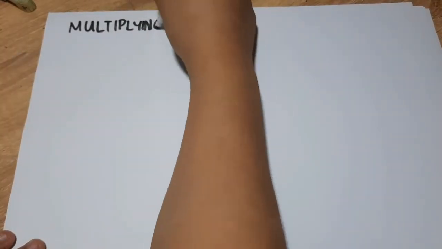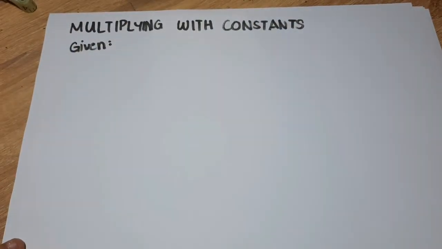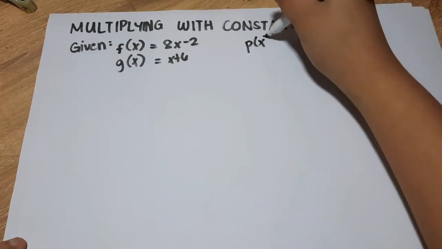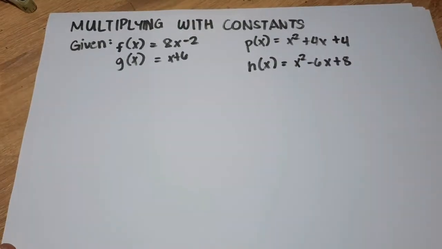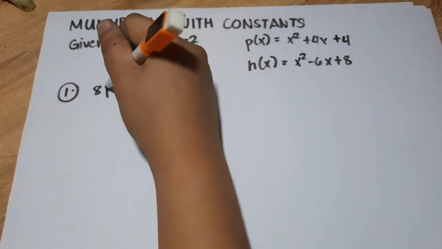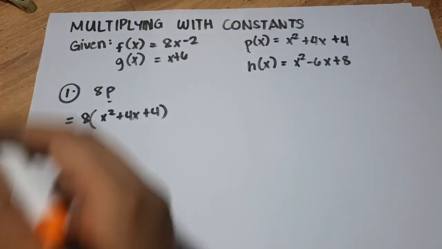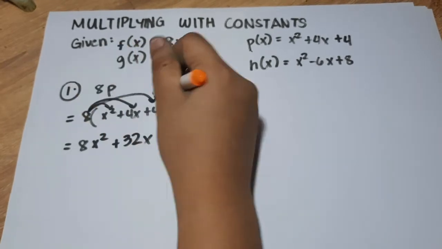And for our final operation on functions, this is the product of a constant and a function, wherein its equation is defined to be the product of a constant and the function. For number 1, we are to find the product of 8 multiplied by p. We write 8 and then p inside the parentheses, distribute the values, and then we get 8x squared plus 32x